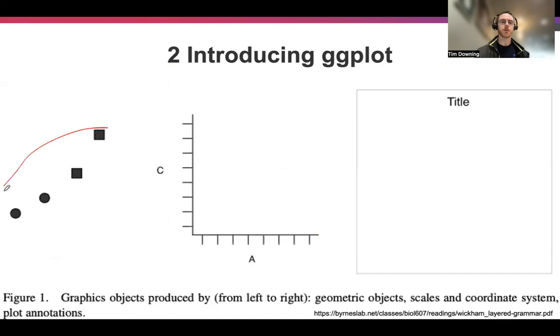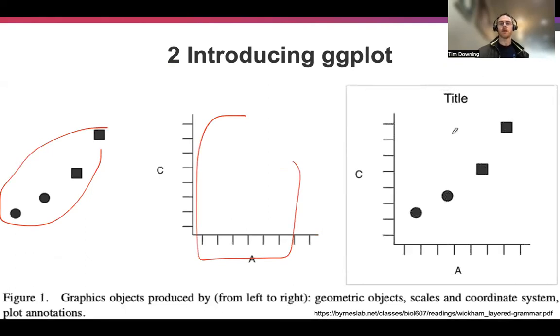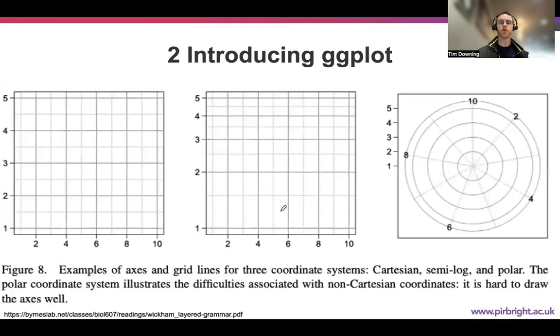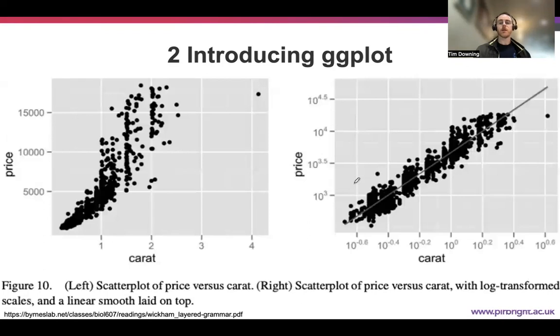So we take our points and then we take our plot type and we put our points on the plot type like layers. So here we have two different layers in effect that we put these points on this particular plot shape. There are many different coordinate systems that can be used in these plots, and it's very scalable. So you might have different points, and once you've read them in, we can rescale them on different coordinate systems very easily. You can see here an example where we take the classic caret diamond dataset in R, and